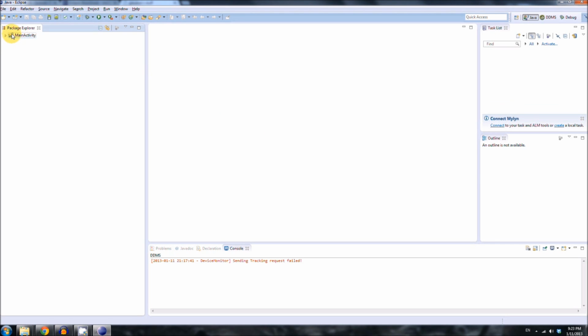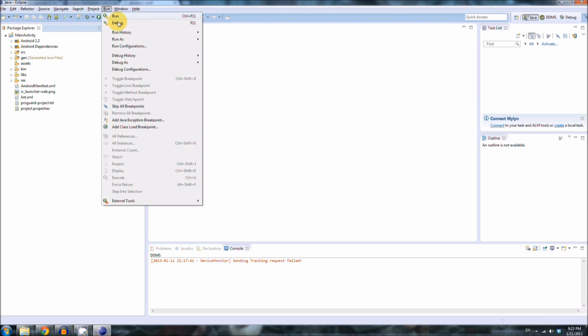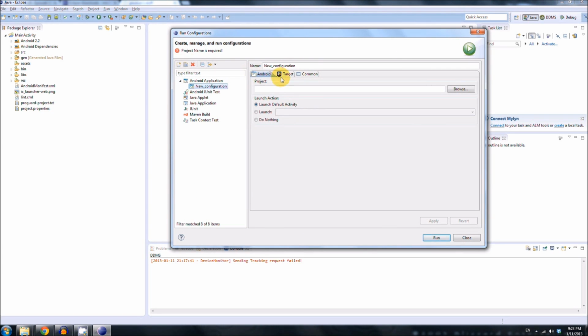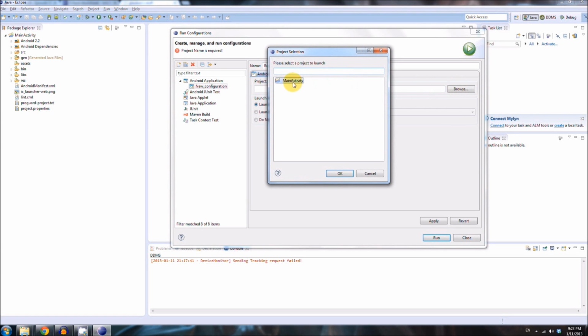Okay, so the thing is in here, before you can run it, you need a run configuration. So click Run, go to Run Configurations, highlight or select Android Application, click the New Launch Configuration button, and then call it whatever you want. Run config alpha. Okay, Project, Browse, Main Activity,